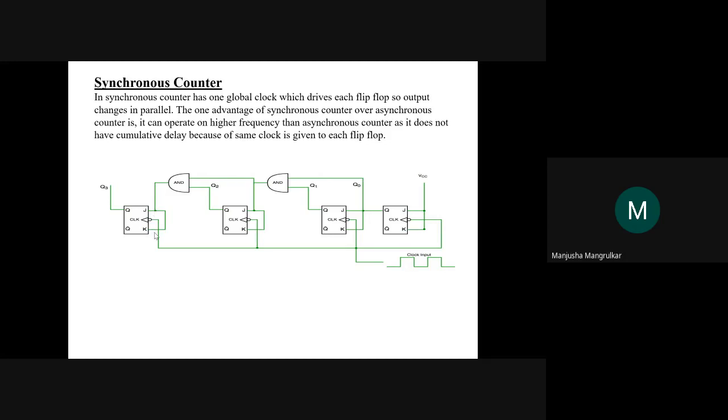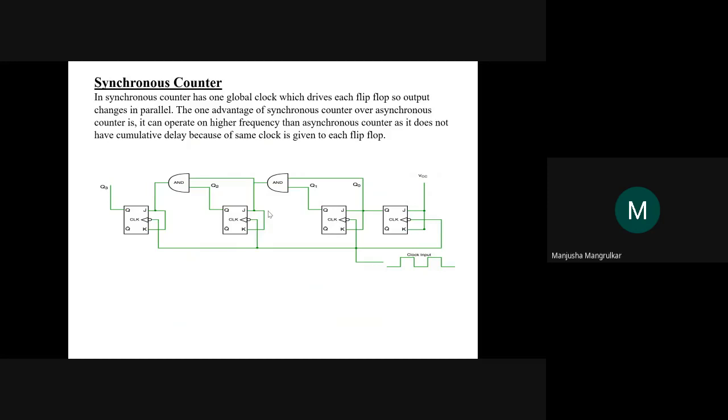So what is the J value of Q3, J2? When we design a synchronous counter for up and down, we'll get these equations, and then we'll see. Just for understanding, you should keep in mind the counter has two modes. One is the synchronous mode, another is the asynchronous mode.